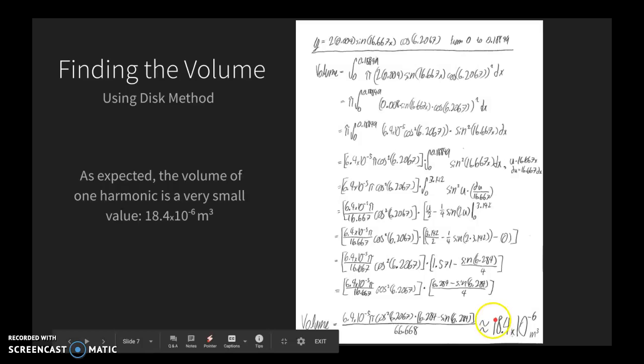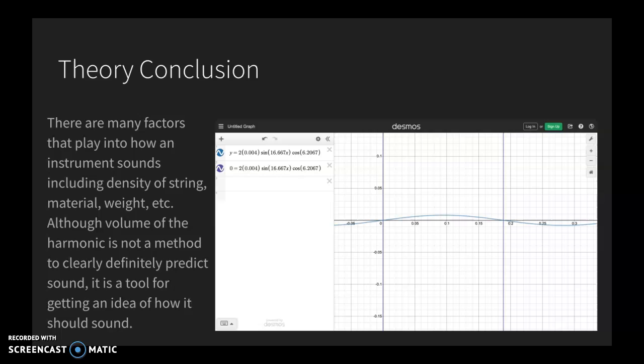But when we round that out, it's going to come out to be 18.4 times 10 to the negative 6 meters cubed. And it's a very small value, which is what we should expect, considering that the low E note is the lowest note. Alright, so in conclusion,